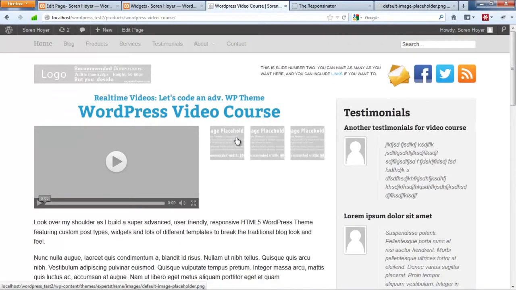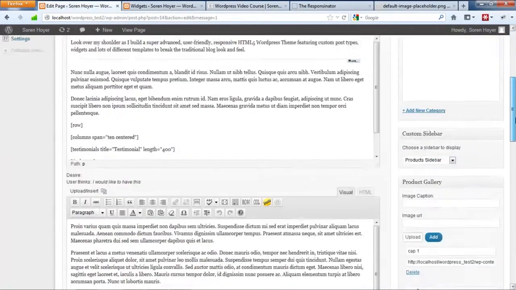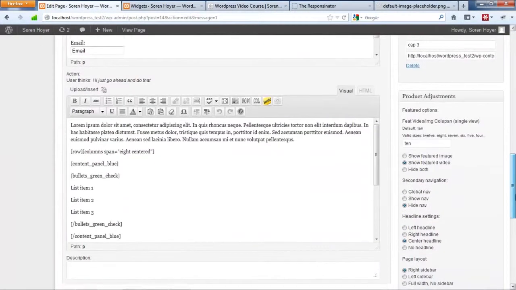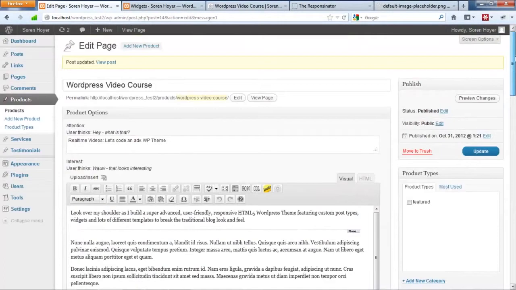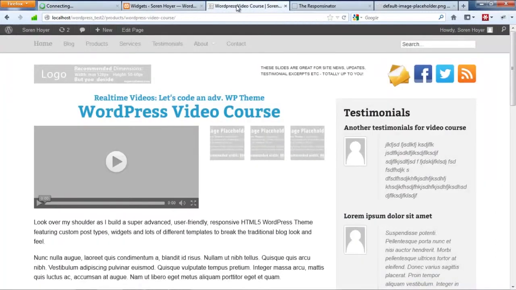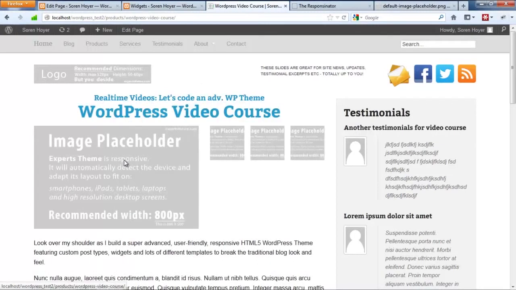You have these 3 thumbnails of images, and yes, let's just take a featured image now. It's just image placeholders, of course, so it doesn't look so cool, but I hope you get an idea of how it could look.